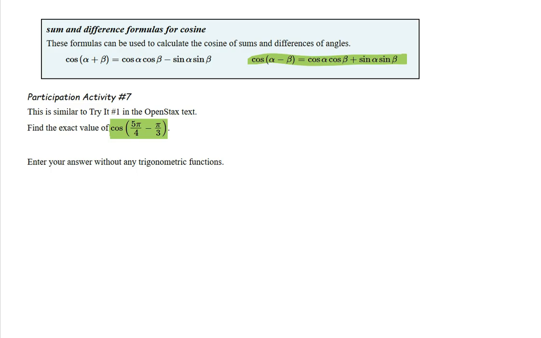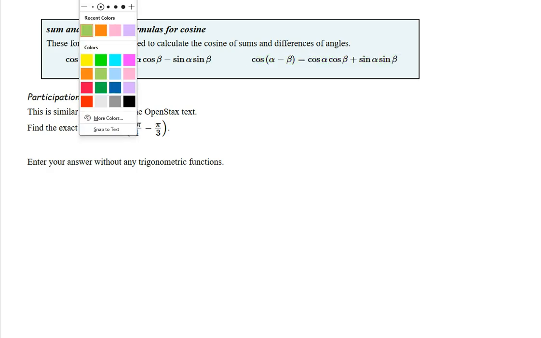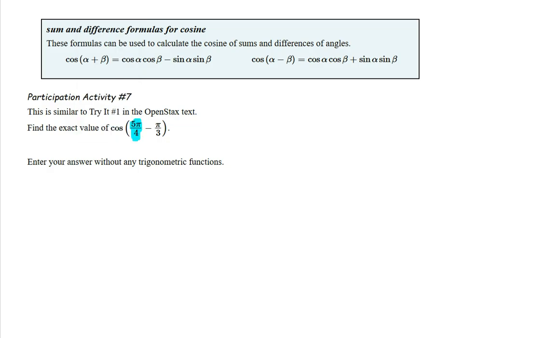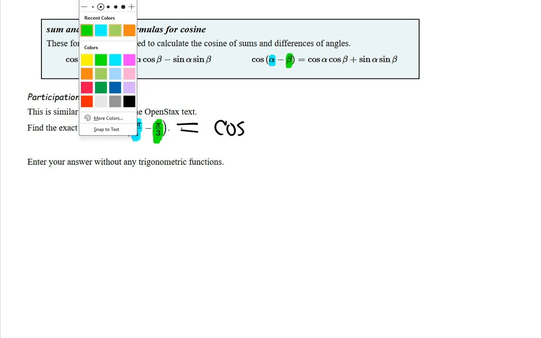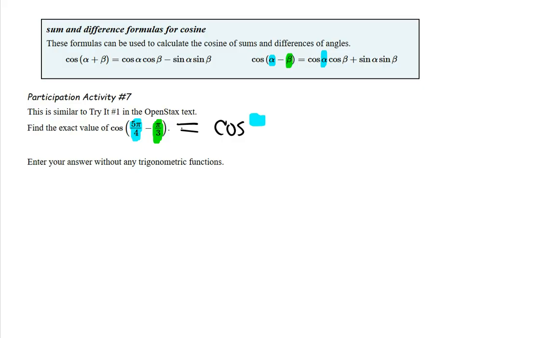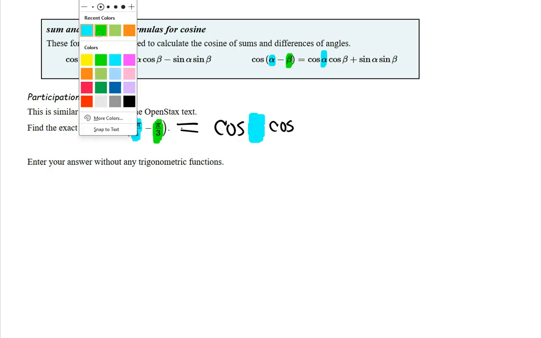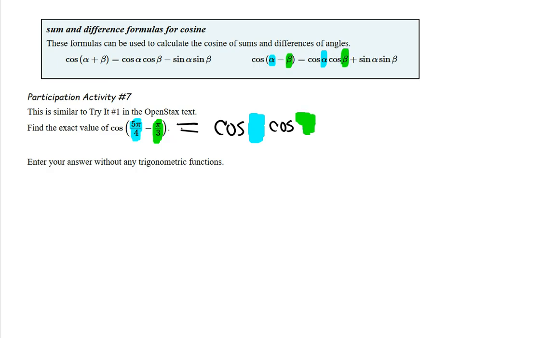All right, so you're going to be looking at the two I just highlighted in green, but I got to take those colors off now. Okay, so it's cosine, and I'm going to be seeing the 5 pi over 4, that is like the alpha, and the pi over 3, that's the beta. And this is going to equal the cosine of the alpha, so I've got to put 5 pi over 4 here, times the cosine of the beta, and the beta is pi over 3, and then it goes plus the sine of